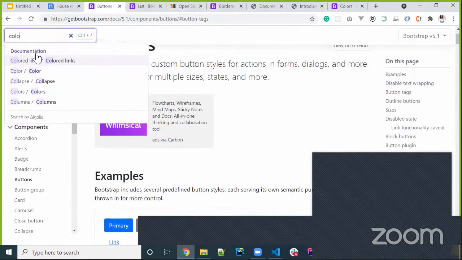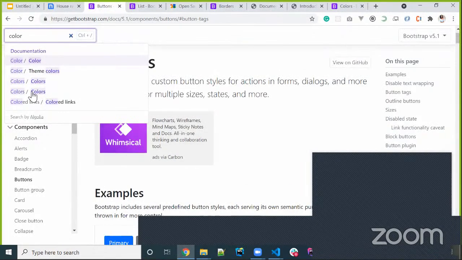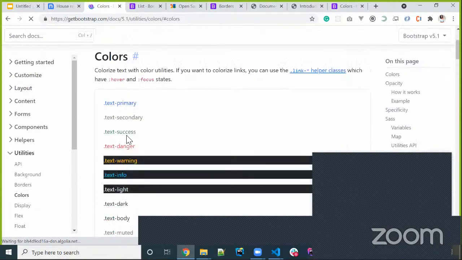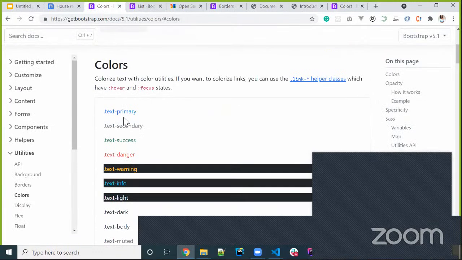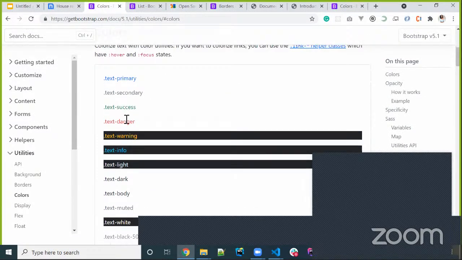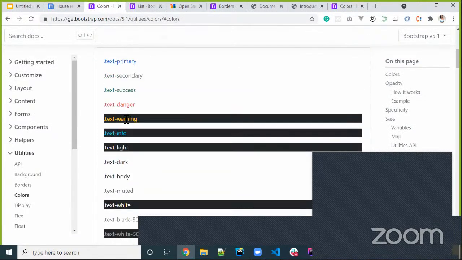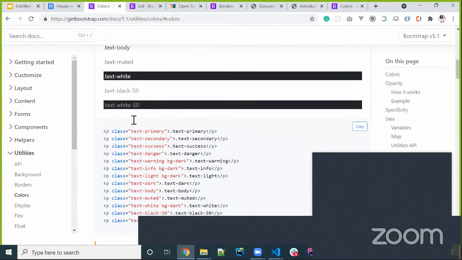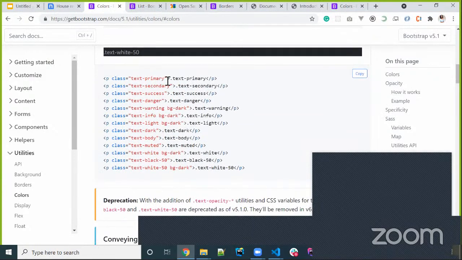Okay. And then, you can select any of these. When you select any of these, it will give you Bootstrap colors. So these are all the Bootstrap colors that we have in this documentation. And then it also shows you how to use it. Okay, that is for color. If you are looking for maybe text